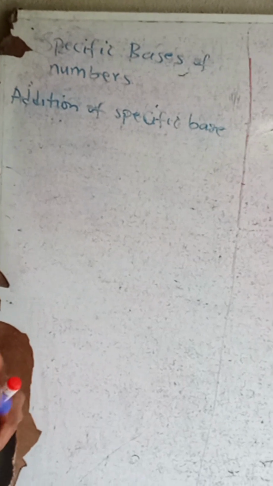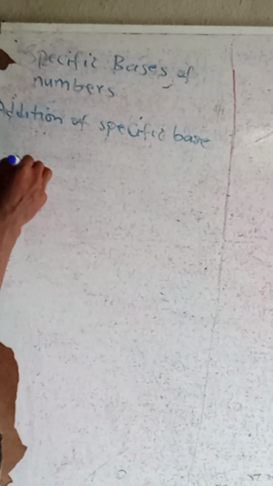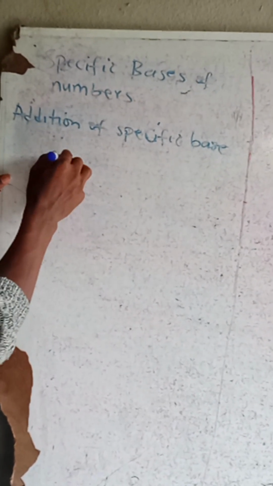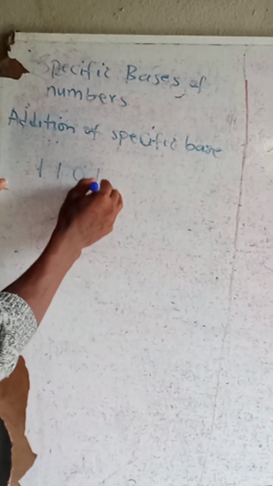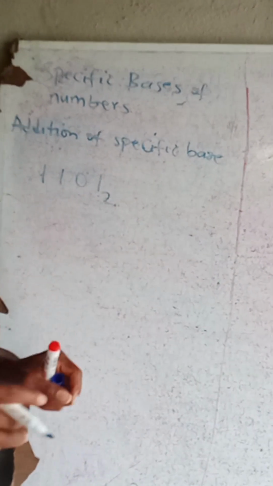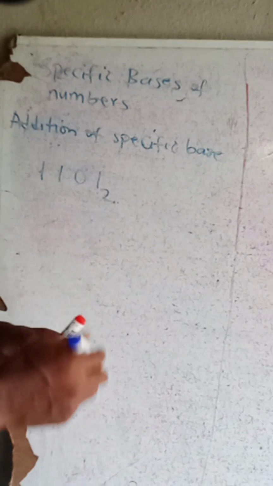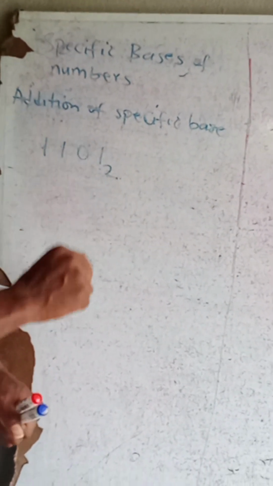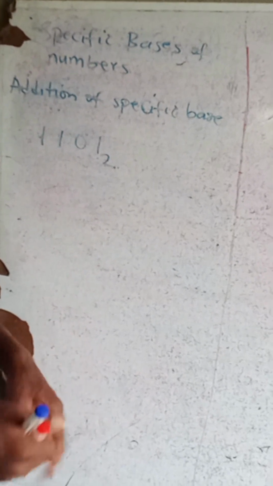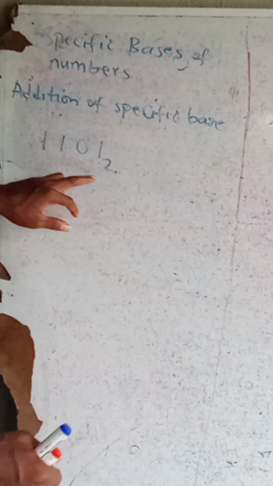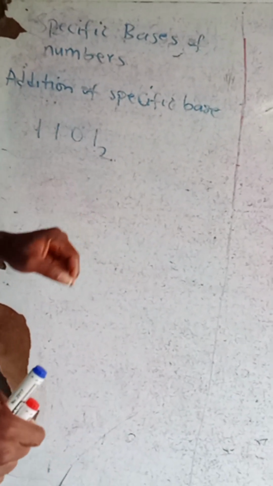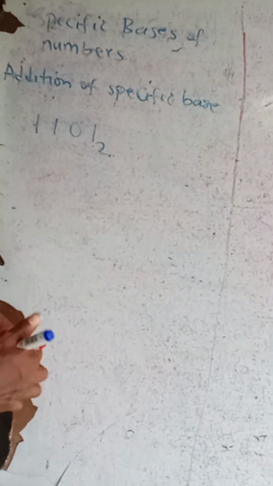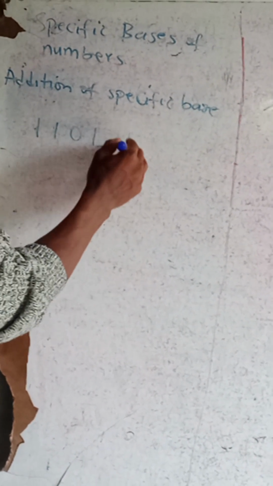If I have 1101 base 2, we are talking about numbers in base 2. That means the digits should not be more than the base, 2. This is a binary number, that means numbers in base 2. Plus